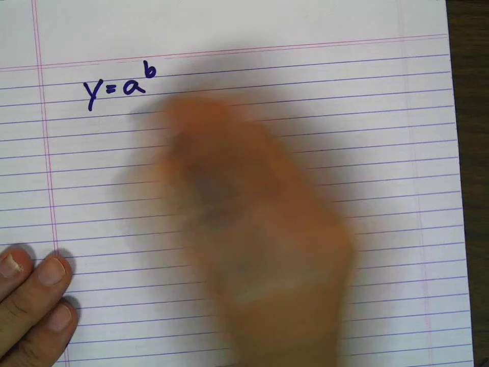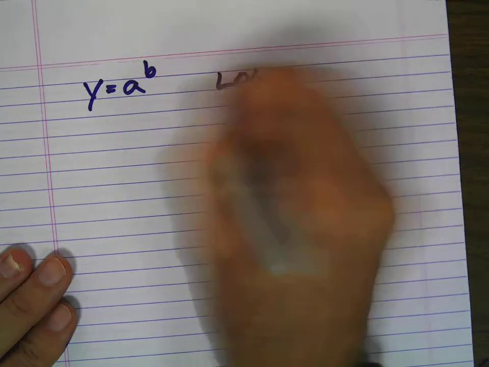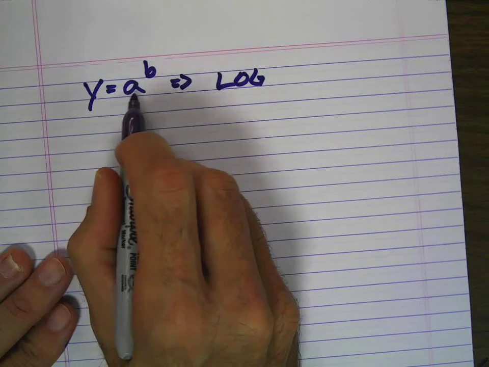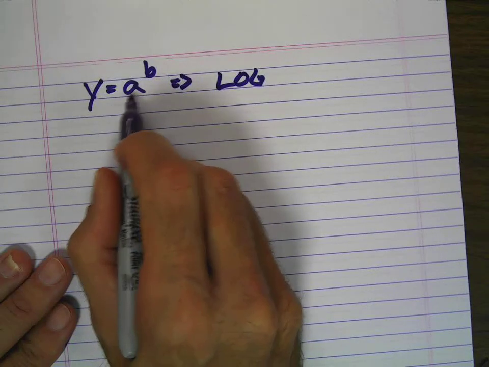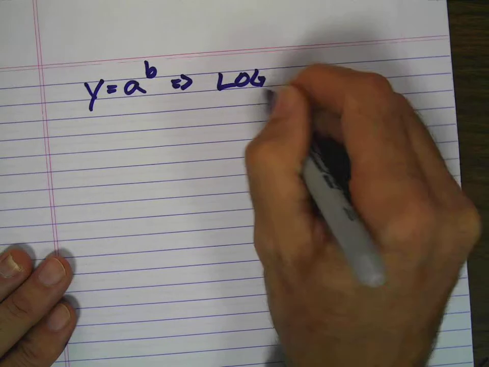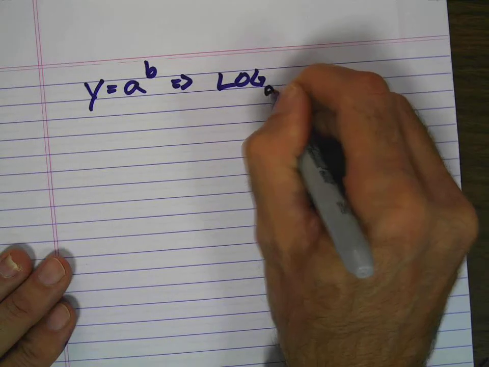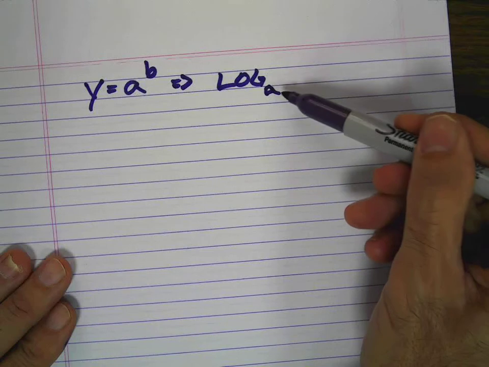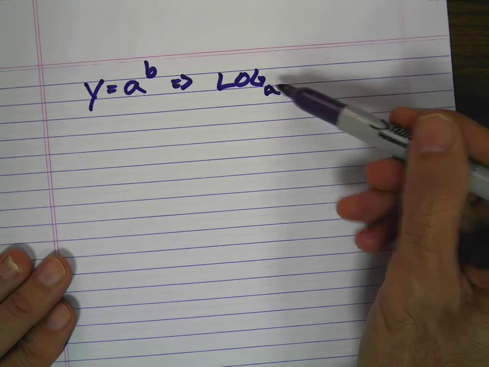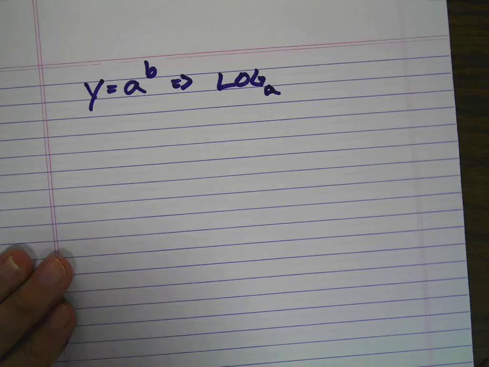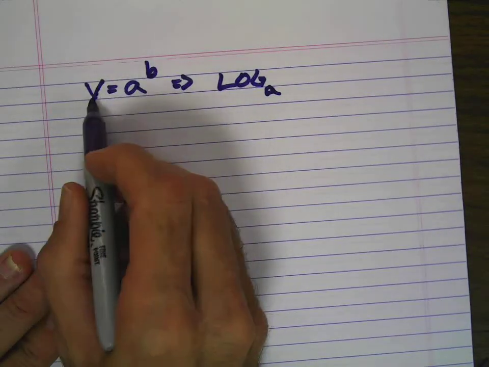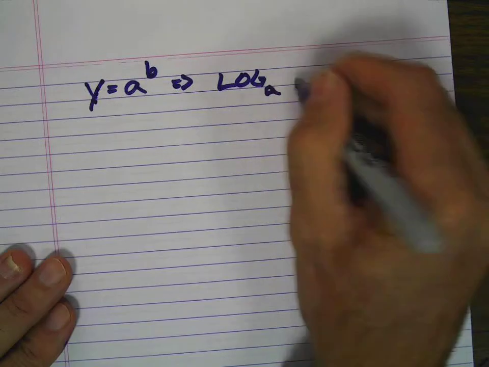So this is going to be log base a. This is the base of our logarithm, just like it's the base of the exponent. So I write base a down here, nice and small and clearly, a subscript below the line of the g. Log base a of, and these two just switch places, log base a of y